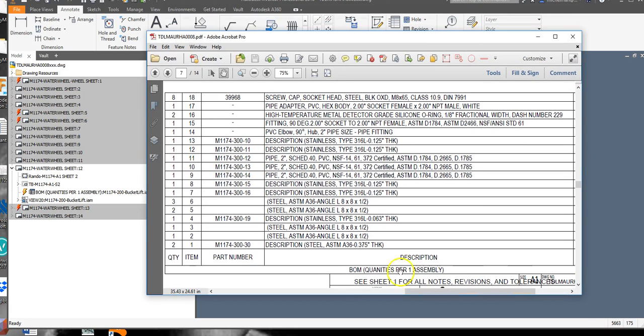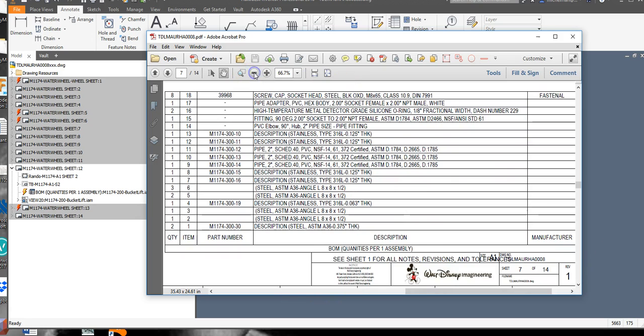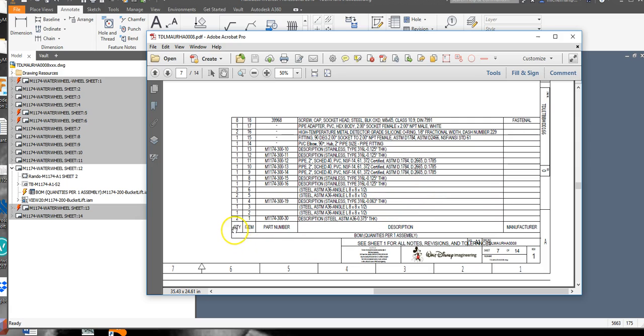So taking a look at this, we have been mandated by the client, Disney in this instance, that the bill of materials should look like this. Yeah, so we need quantity, item, part number, description, and manufacturer. We need all of those columns to be present, and we need the heading to be down at the bottom. So the first thing